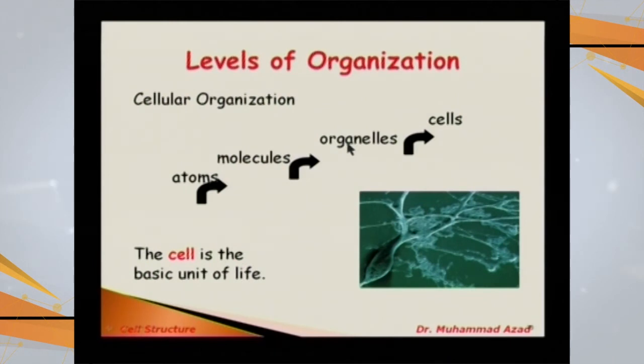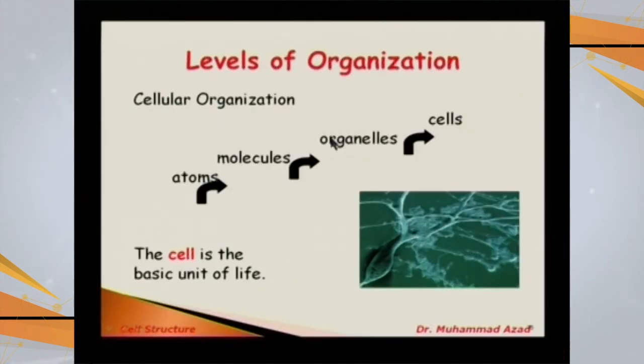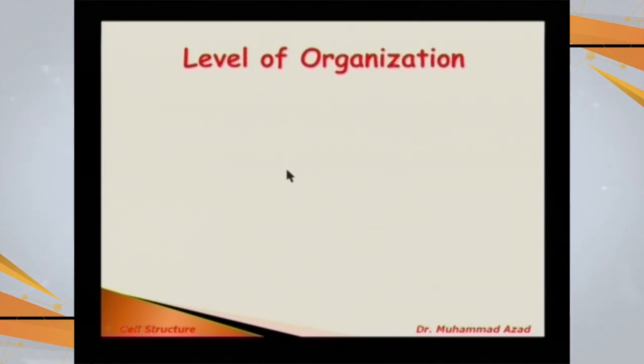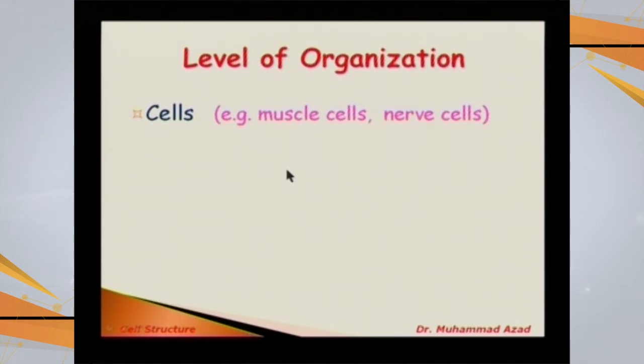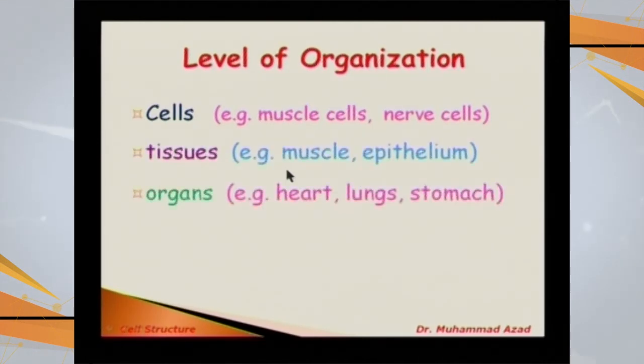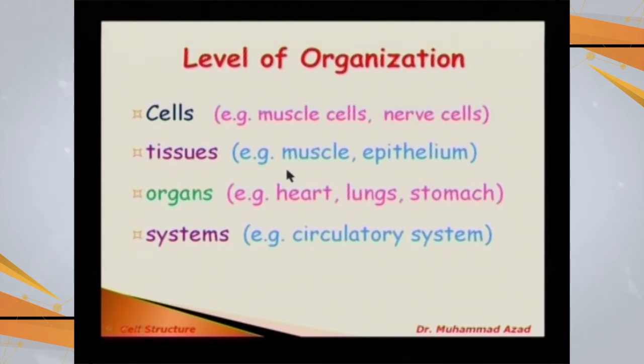In our next program, we will look in depth at these biological molecules, how they have a specific structure to perform specific functions in the cellular organization. This is the topic for our next series of programs. These cells have various levels of organization. Cells give us tissues, tissues give us organs, organs give us systems, and systems give us the whole individual, the organism.